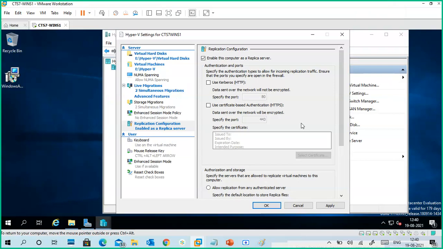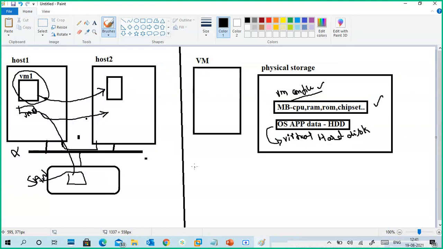So what is this replication configuration? You can take a backup of a PC, right? So you have a machine, means physical machine. Virtual machines are running in the physical machine. You can take a backup of virtual machines, right? And where are you storing this backup? It stores in the same physical location. Physical means I have an office. In my office only, some other device, not in the same PC, but other devices, I store.